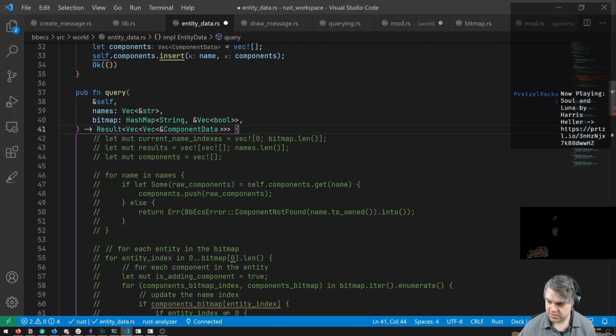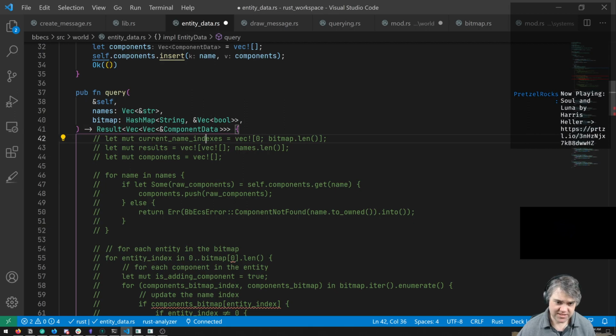Okay, so we have a current name index, which is a vec of 0 and the bitmap length. Oh, that's how many names we have. I don't know if we necessarily need that. Yeah, I don't think we need that.